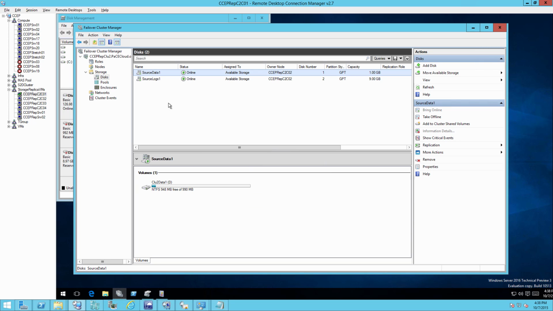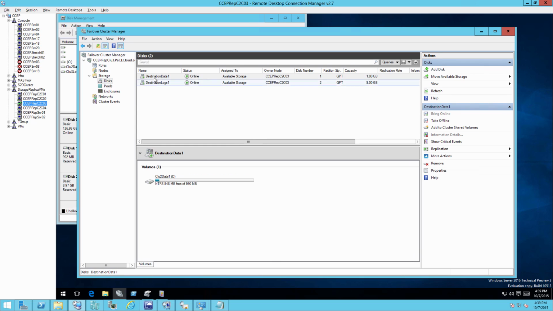So the first thing that we need to do before we form the partnership is to add our data disks to cluster shared volume role on both clusters. So we're going to do that here on our source cluster. We can see that's assigned to cluster shared volume, and then we'll do the same thing over here on our second cluster, add to CSV,